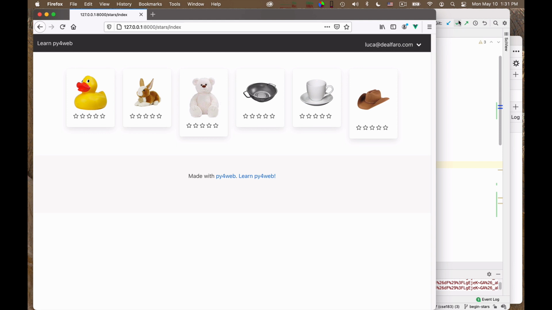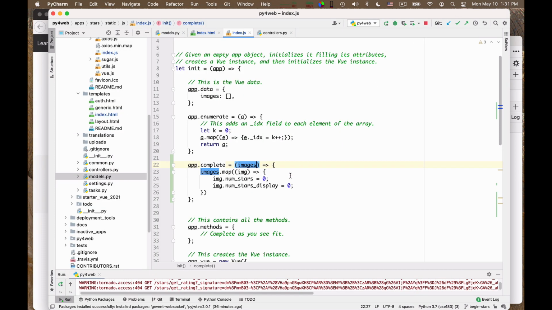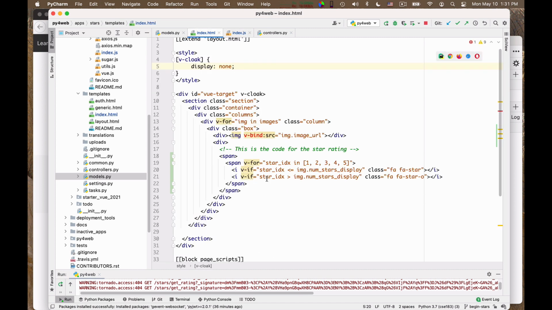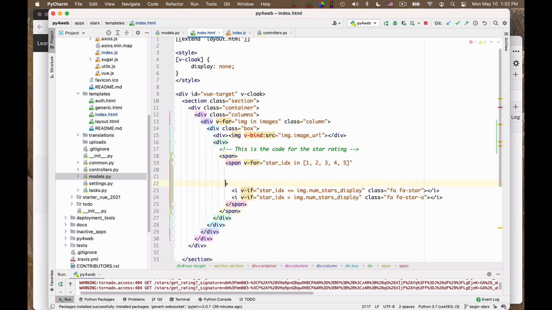So to do that, I go to the index, and in the span for every single star, let me enlarge this span tag because there will be various things that I want to write into it. I want a handler for the mouse over event, which is generated when the mouse is over a particular element.